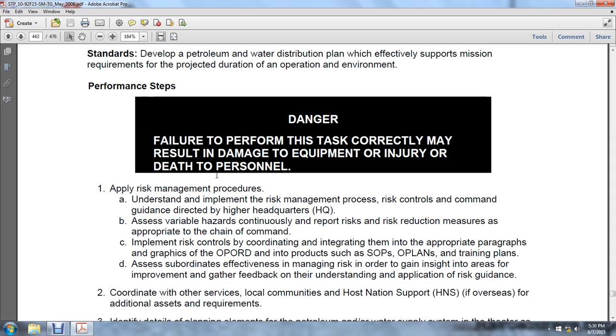Failure to perform the task correctly results in damage to the equipment and injury or death of personnel. Apply risk management, understanding the implementation of the risk management process. Risk control is commanded by the guidance directed by higher headquarters. Assess variables, continuously report risk, and recommend risk reduction measures appropriate to the chain of command. Implementation records and risk control are coordinated with the integration of the appropriate paragraphs of the graphics of the operation order